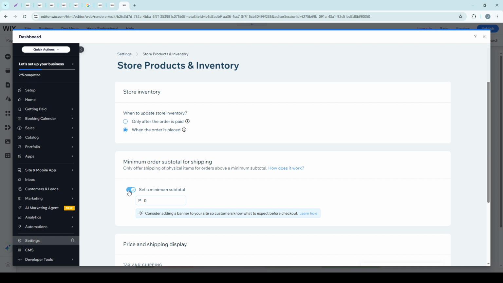After toggling this feature on, you will be prompted to enter the minimum amount that an order must reach to complete checkout. Think about what makes sense for your business model. It's essential to set a realistic and beneficial minimum that will both meet your business goals and remain appealing to your customers. By setting this amount, you're ensuring that every order meets a specific threshold before it can be processed, helping you maintain consistent